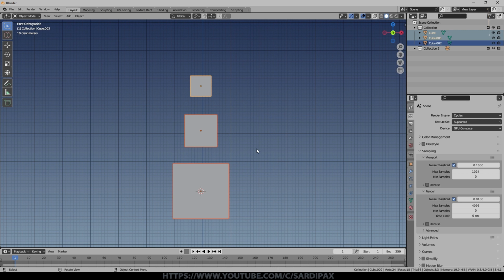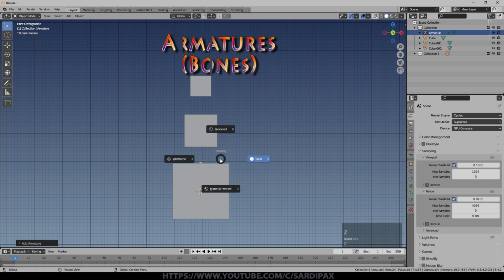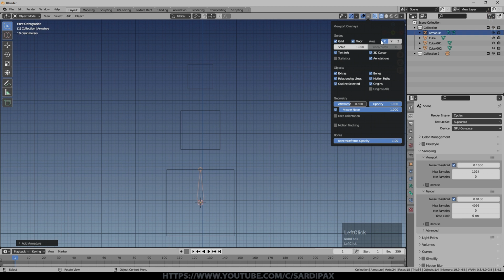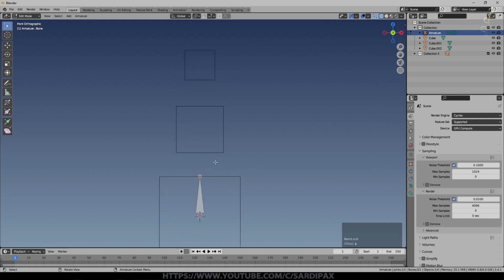So I'm now going to add something called an armature. So if we come in here, we're just going to add a single bone. Armatures are done in bones. I'm going to go to wireframe view so that we can see this better. And again, we'll turn those grids off. And that's the bone. This isn't something that's renderable. It's a control. So I'm going to go to edit mode with this bone selected. And with just the top of the bone, this is the top, the pointy bit, and that is the bottom. You can select a couple of different shapes for these, but I'm just really going through quickly and showing the different ways of animating things in Blender.